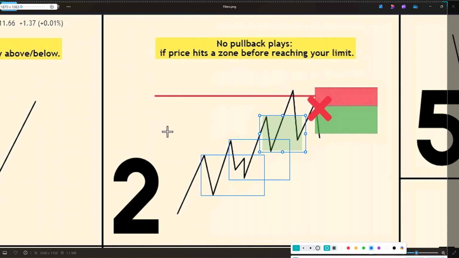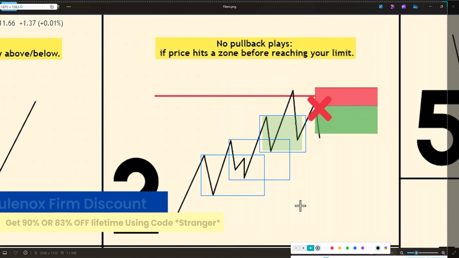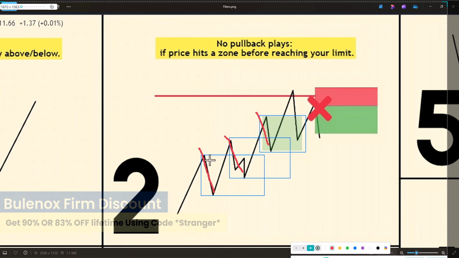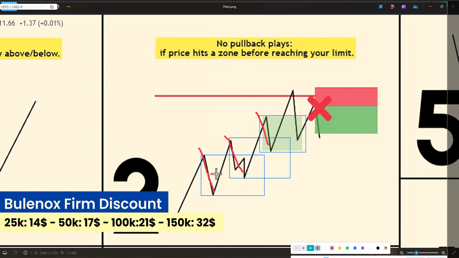And then the previous zones will offer the pullbacks. The pullbacks are this one right here. This is a pullback, this is a pullback, and this is a pullback. Previous bearish zones from the previous trend, price will hit those, and then it will offer a pullback from them,